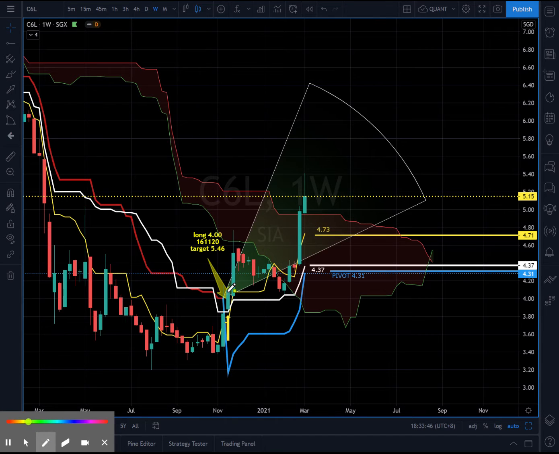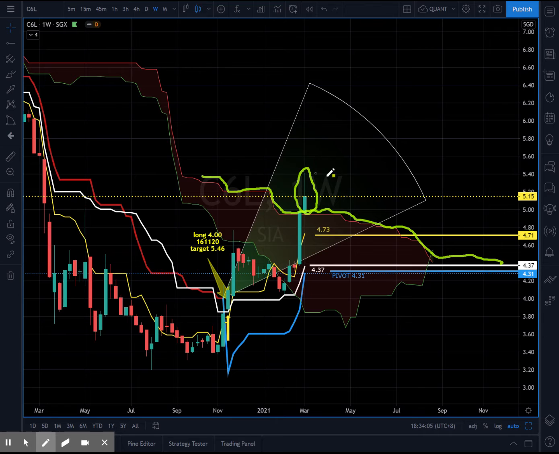So from that particular breakout, we turn bullish for the medium-term charts on the weeklies, and this is especially encouraging, where the entire week's trading action for Singapore Airlines remained above the SSSB line, and this is forming a little bit of positive traction for the stock. All right, the current pivot is at $4.31,